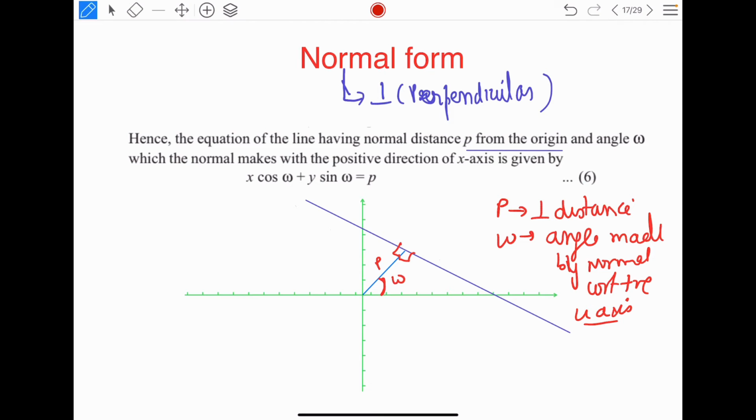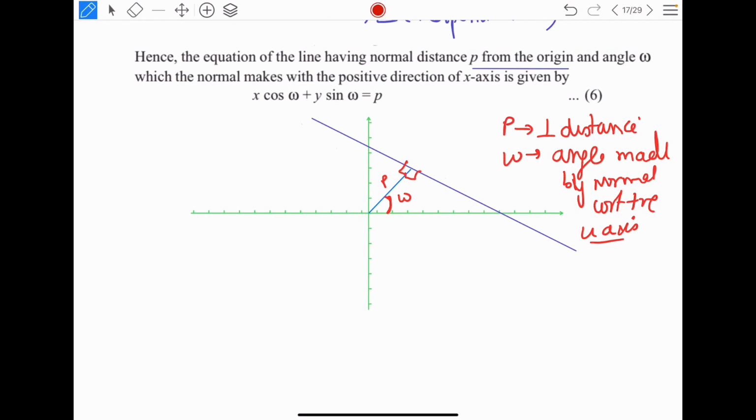Then what is the equation of this line? The equation of this line is x cos omega plus y sin omega is equal to p. What is p? p is the perpendicular distance from the origin to the foot or to the end of this normal on the line. This p is the normal on the line, the perpendicular distance. What is omega? Omega is the angle made by this normal with respect to the positive x-axis. That's what your omega is. So x cos omega plus y sin omega is equal to p is the equation of line in normal